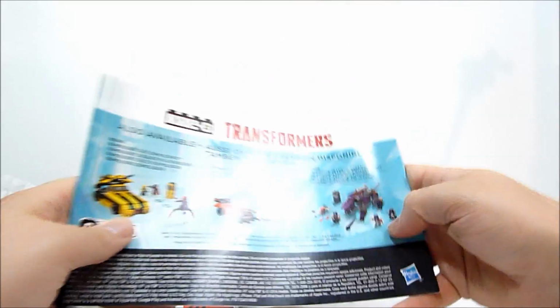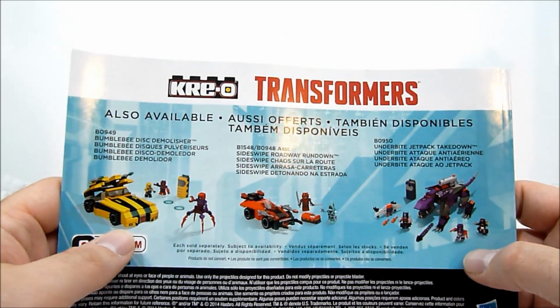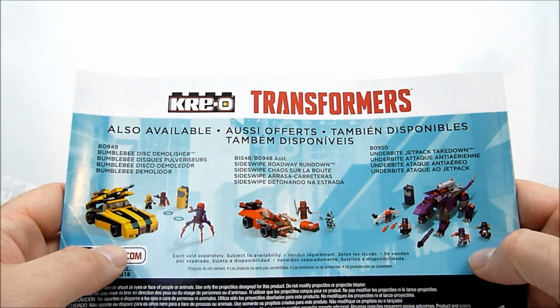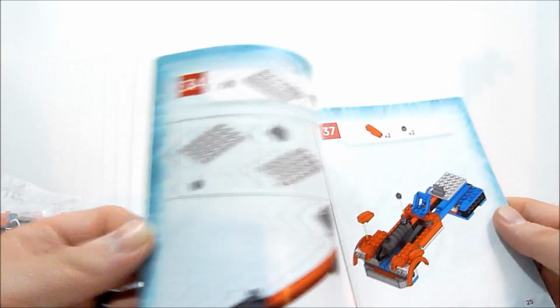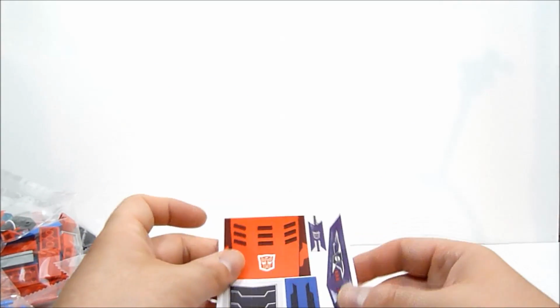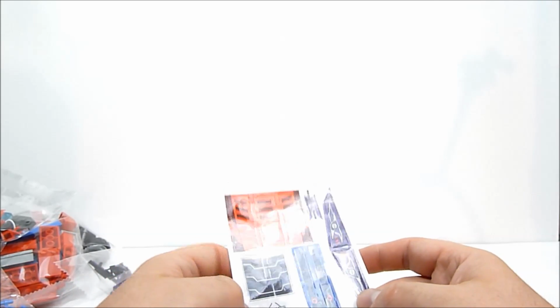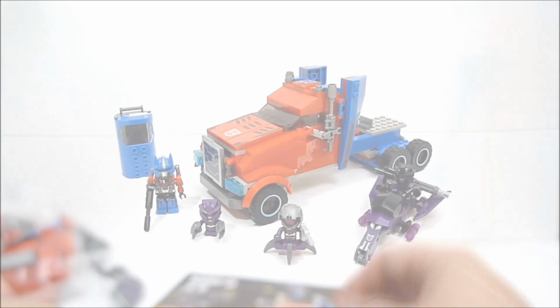We've got the instruction booklet, which does have the code on the back here for the other sets, which I have not seen all of as of yet. But as you can see, it looks like a pretty straightforward and pretty simple build. And of course a sticker sheet, so that's fine. Whatever. Sticker sheet, there you go. So yeah, that's pretty much all there is to it. I'm going to go ahead and put this set together, and we will check it out in just...